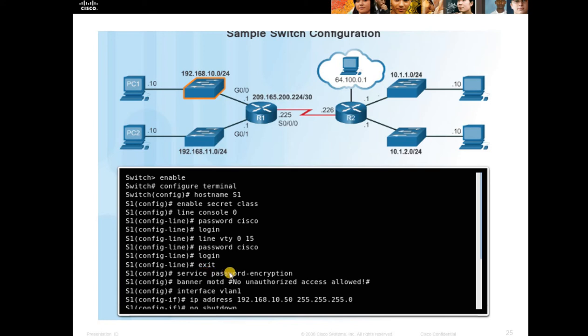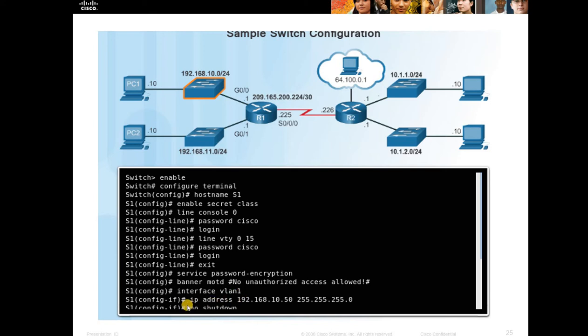Then to provide legal notification, I can use banner MOTD, no authorized access allowed here. And to configure the management SVI, that is the switch virtual interface, I am using the command interface VLAN 1.